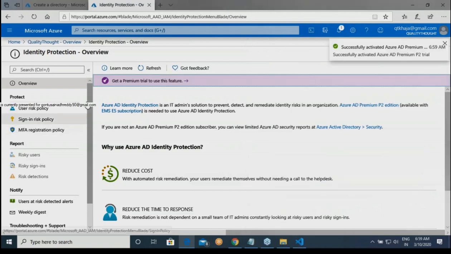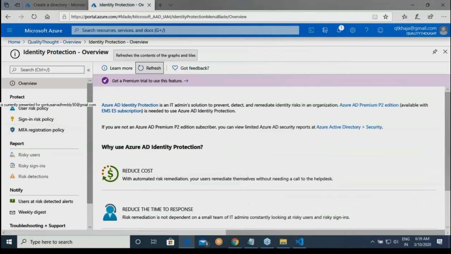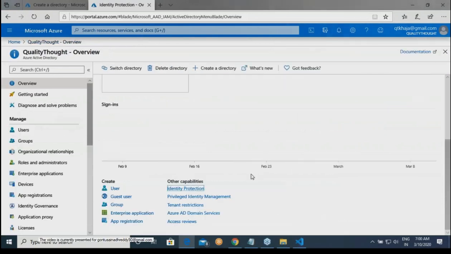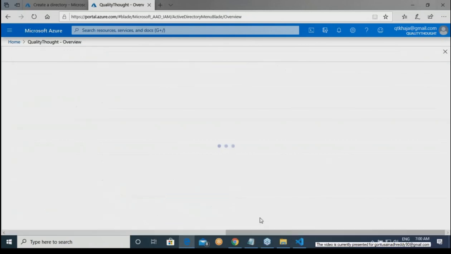Okay, good. Now let me refresh. Right. Now if you go into this, I have an Active Directory which has premium plans. Right. So I can do identity protection.